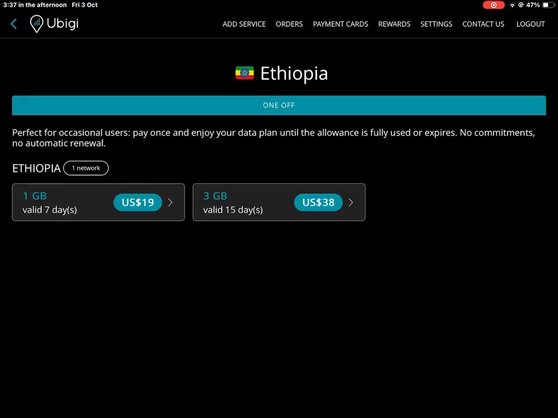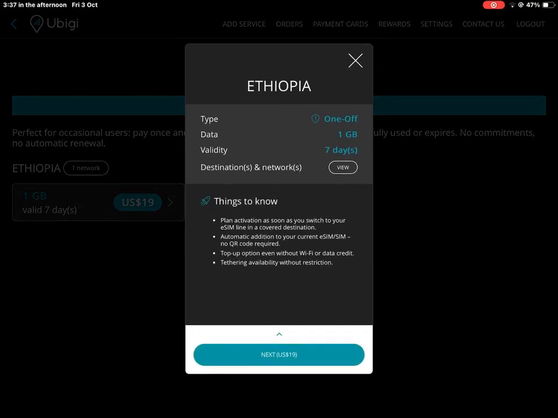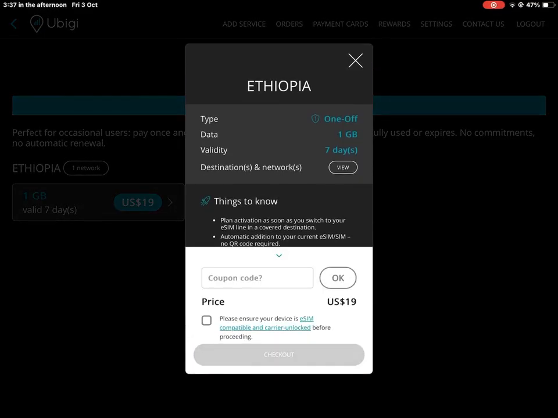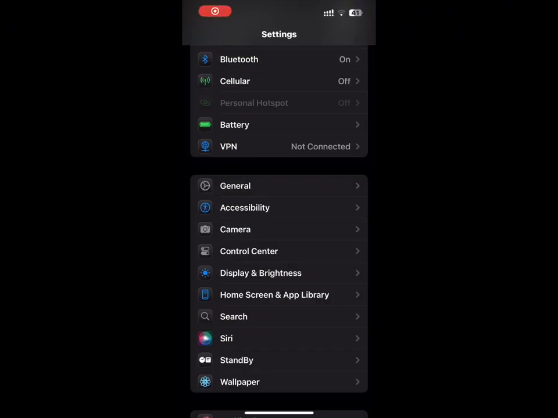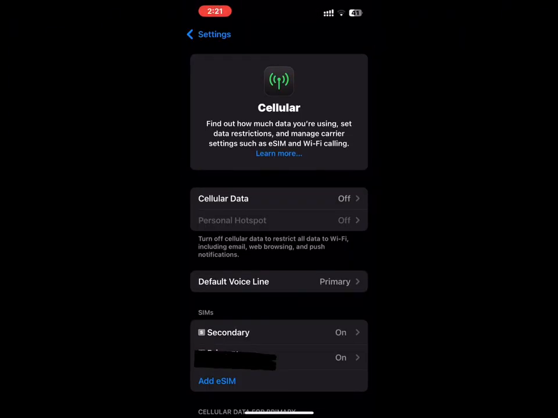So once we do that, it's going to show us the type of payment we're going to have. So next, we're going to proceed with the payments. So once we're done with that, we're going to go to our phone settings, then click on cellular, then next